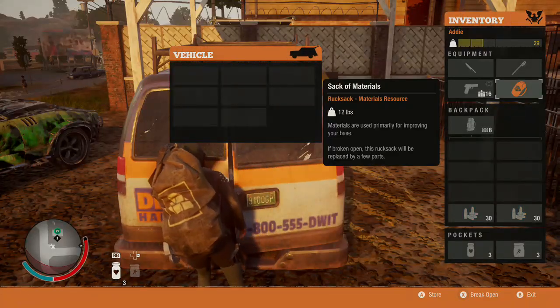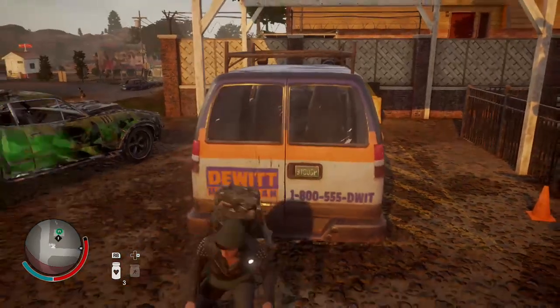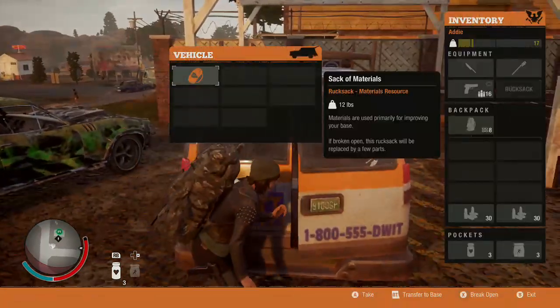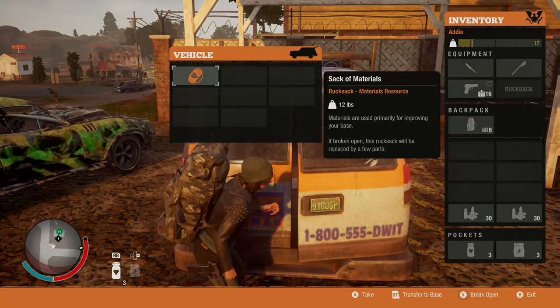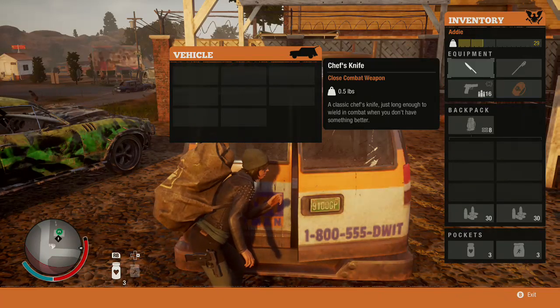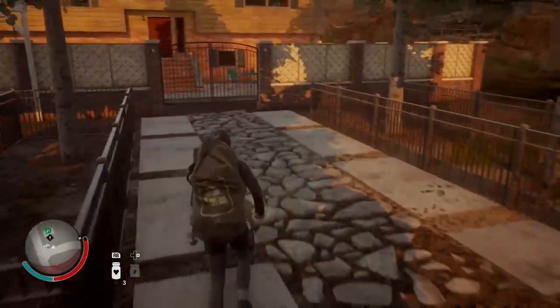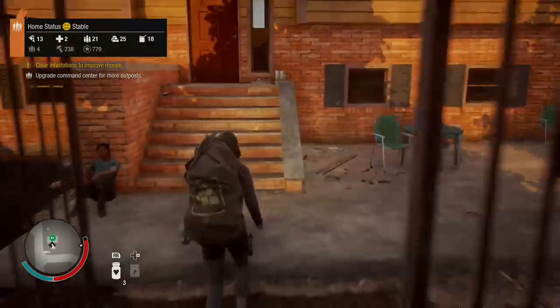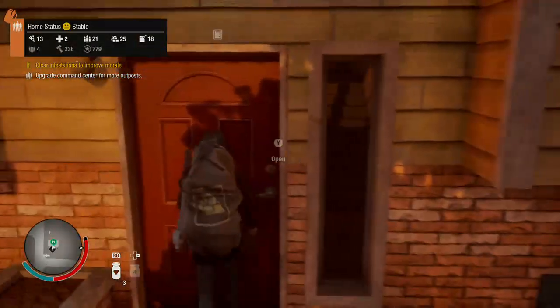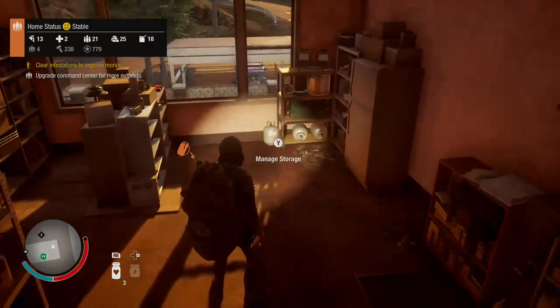Let's just store that in there. If it's already in the vehicle, if you open up again, you can just press right trigger and that will transfer it to the base straight away. Anything in the vehicle you can do that. I'll show you how to do it the long way. So what you do is you go around here, you go into your base, you go up to your general storage, and when your character's in this area,